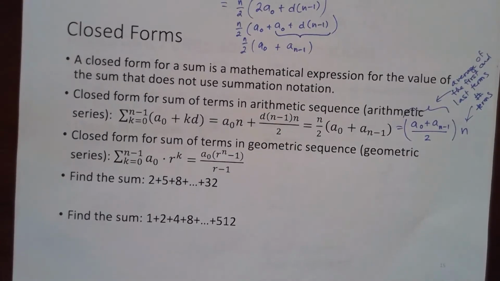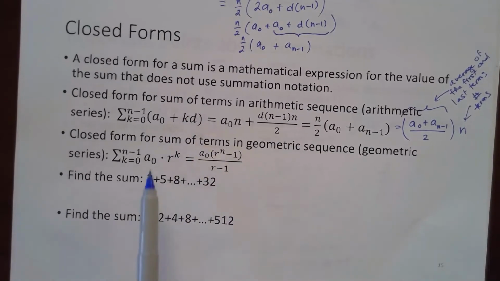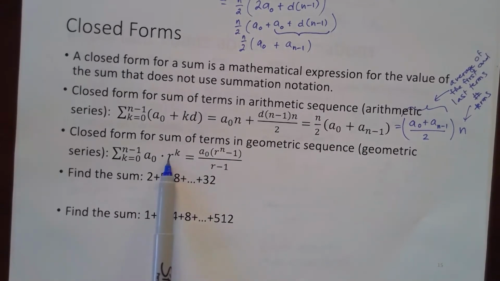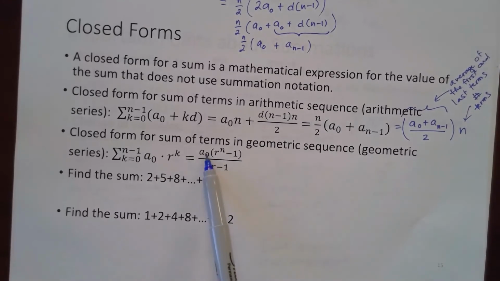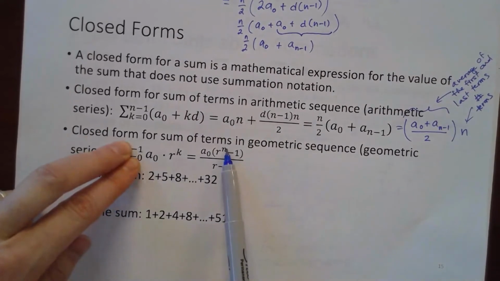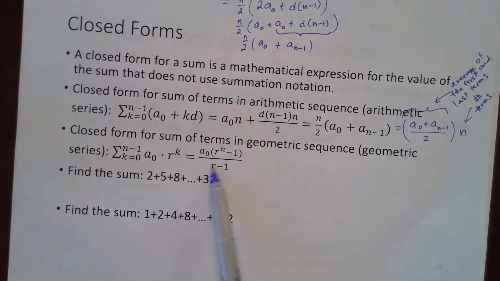So the closed form for the terms in a geometric sequence. Notice it's very similar to this one again. You start with the first term and multiply it by the common ratio. So this is just generating values in a geometric sequence, and then we're adding them all up. So it will be the first term times the common ratio to the number of terms that you have in the series minus 1, divided by the common ratio minus 1. So let's practice using these closed forms